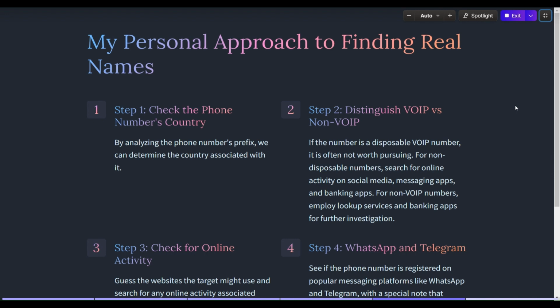And in step 4, I try to check whether that number is registered on WhatsApp, Telegram, and some other social media websites, like all the social media websites which allow us to view details of the user by knowing their phone number. Like on WhatsApp, we can just enter the phone number and see their profile pic if that has been set to visible for everyone. Similarly, like,